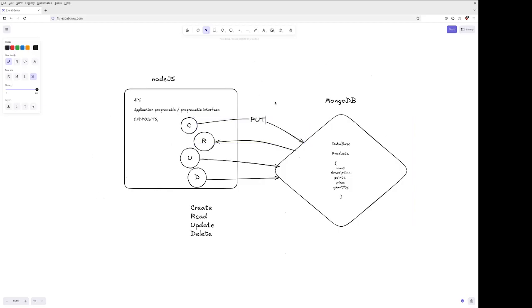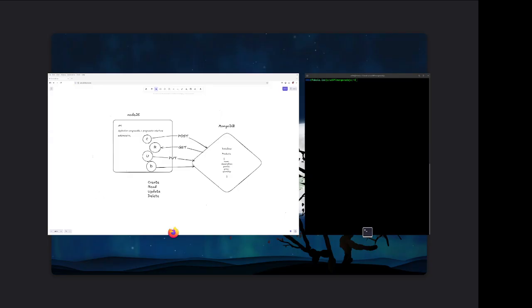This method will be put, this one will be get. This one will be post, sorry. This one will be put, and then